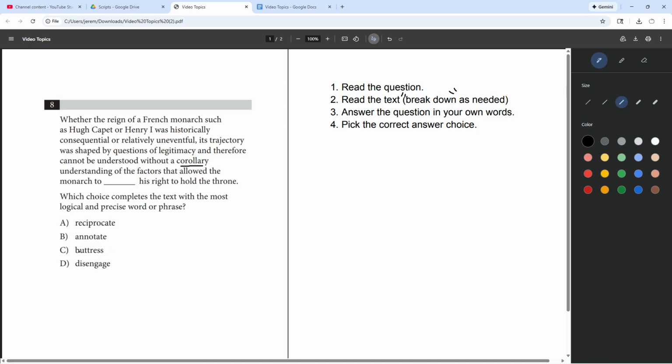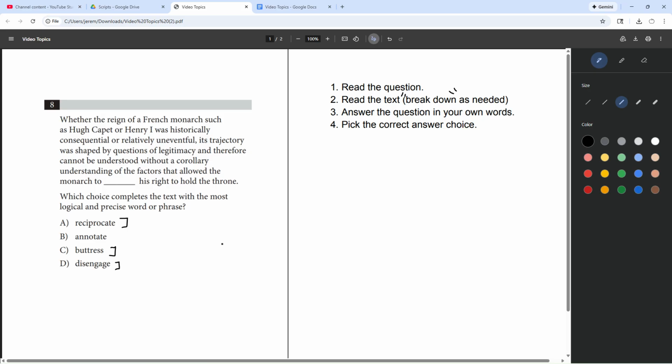So if we don't know buttress, and let's say we also don't know disengage or reciprocate, right? Let's say annotate is the only word we know here. Not a good position to be in. But if that's the case, what we want to do is, out of the words we don't know, what are we saying we don't know? We don't know what buttress means. We don't know what disengage means. We don't know what reciprocate means. We want to, any words that have other words within them, we want to try to first figure out what